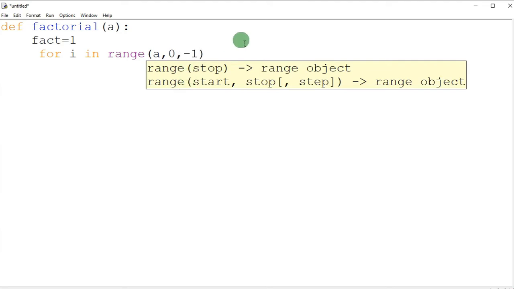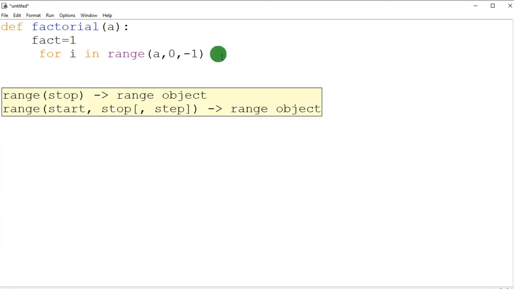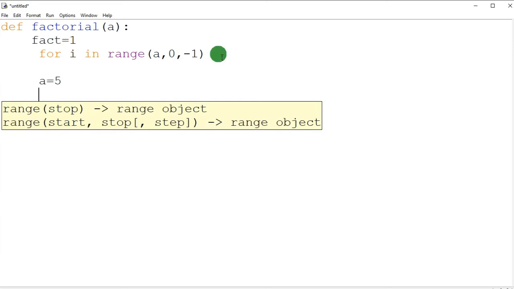So let's understand why these three parameters have been passed. Suppose I am taking the number as 5, let's say a equals 5. Then how is the factorial going to be calculated? The factorial of 5 will be 5 into 4 into 3 into 2 into 1, and the result will be 120.